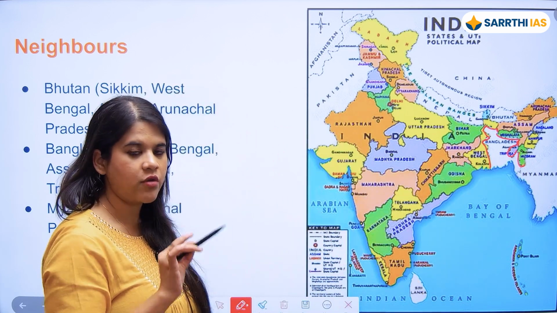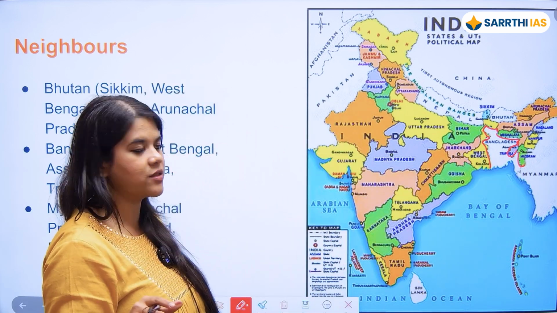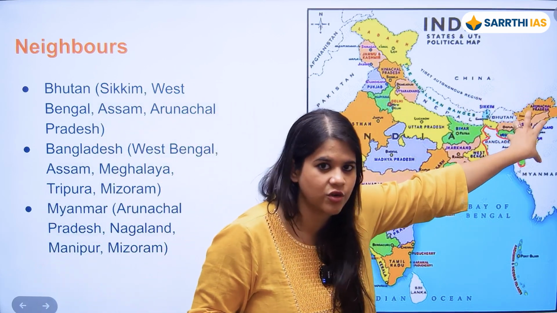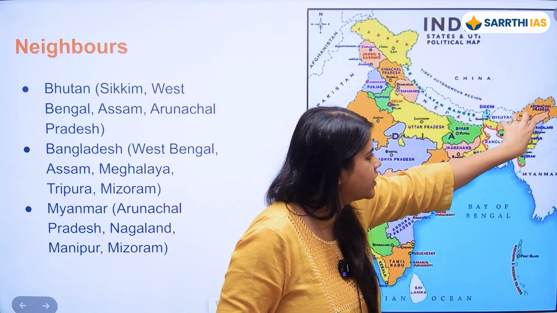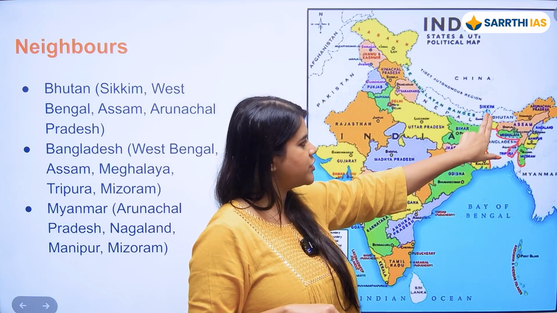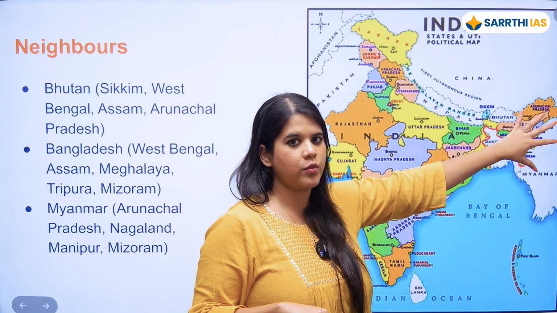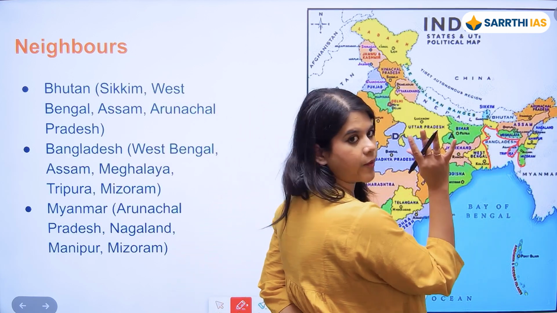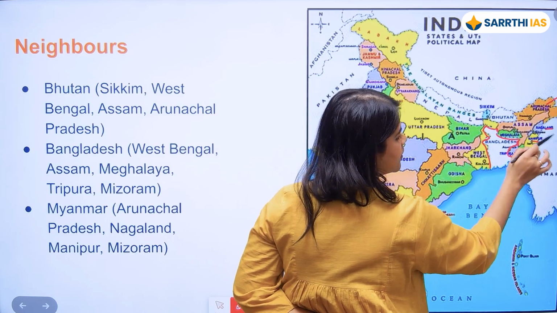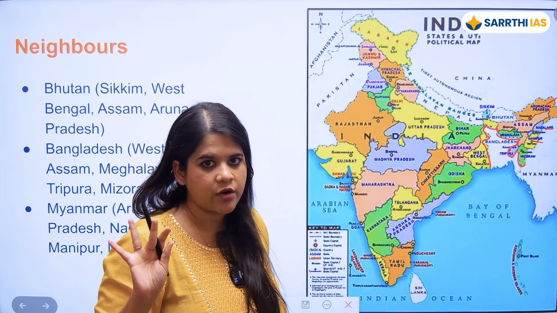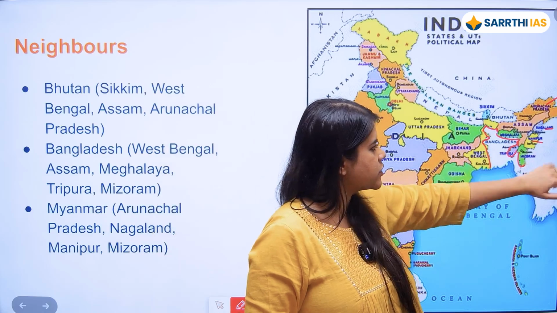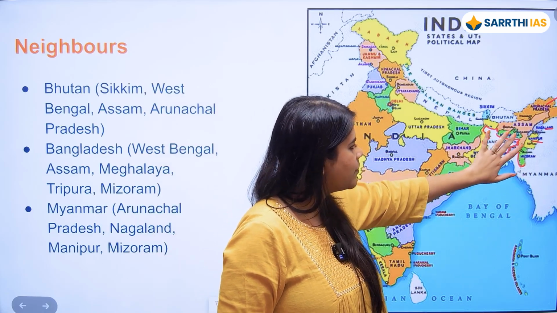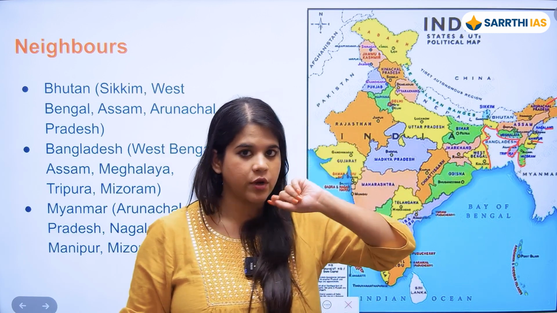Okay. So out of the 7 northeastern states, जो 7 sisters है ना, 8 northeastern states हैं, but 7 sisters इनको हम कहते हैं. Sikkim is not included in 7 sisters because Sikkim is sharing a border only with West Bengal and not with any of the other northeastern states. Fine. So 7 sisters जो हैं, उनमें से 3 states से Bangladesh does not share a border. It does not share a border with Arunachal, with Nagaland and Manipur. It shares borders with Assam, Meghalaya, Tripura and Mizoram.